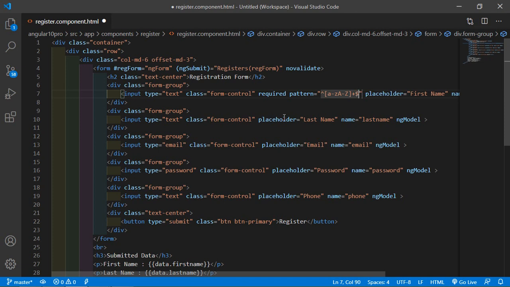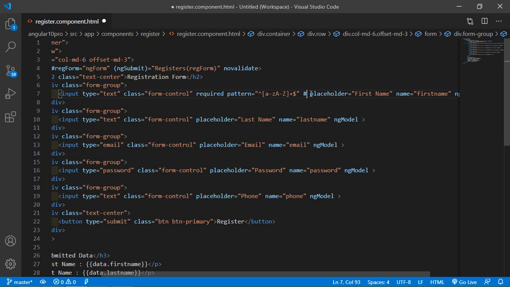All right, now here just add a hash, firstName is equal to ngModel.